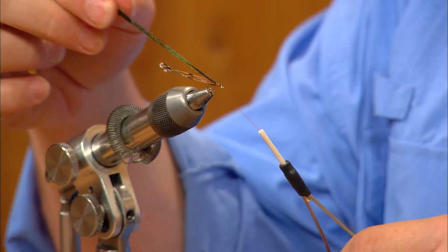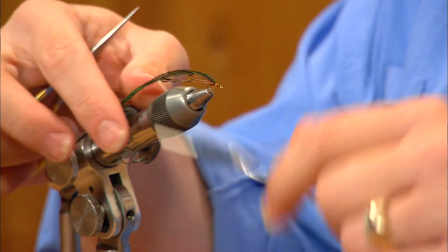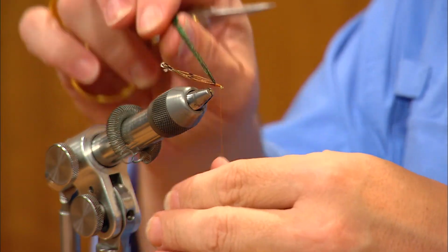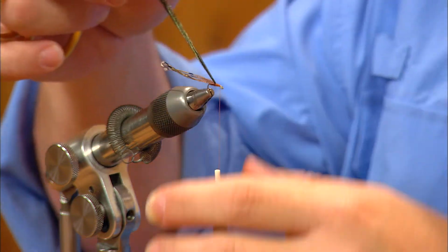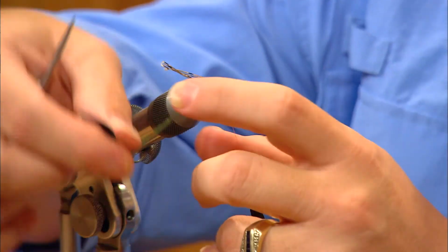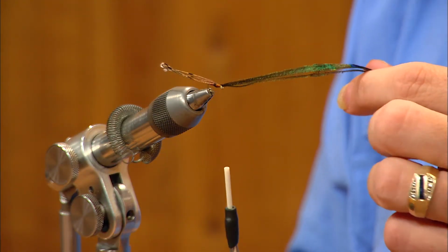case. Now I'm going to bring my thread forward again, and notice that I've still got about an eye length worth of bare space behind the hook eye. We're going to need that in a minute. These legs are going to come in very similarly to the wing buds on the jujube that we did earlier. Now I'm going to wrap all of these peacock curls together, and the reason I used a bundle of them, I've got 6 or 8 here on this little fly,